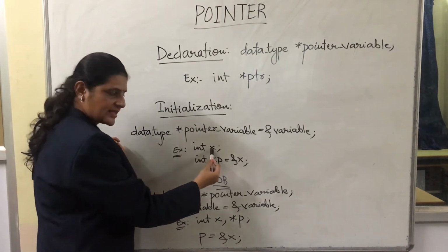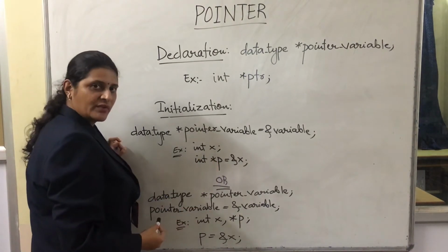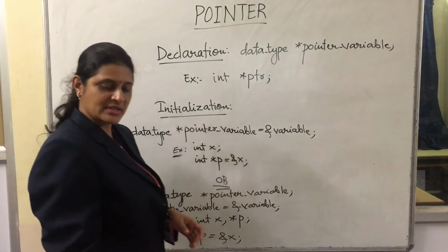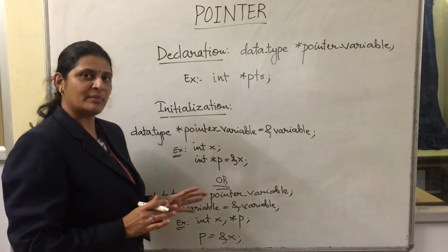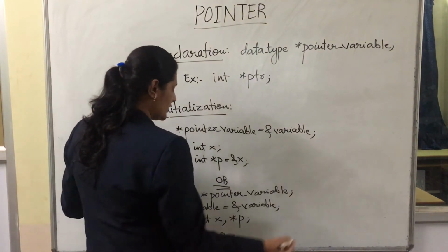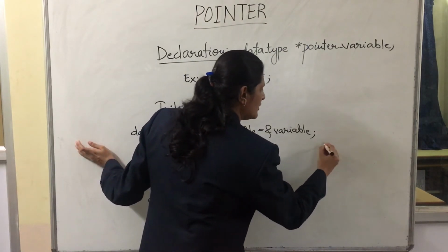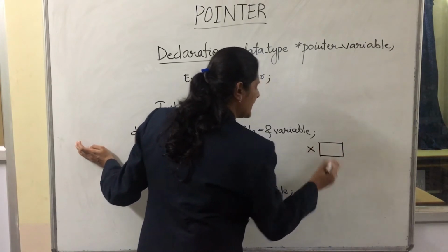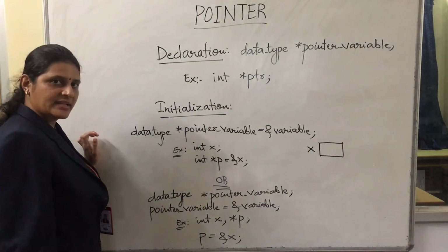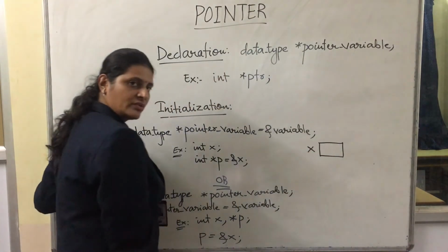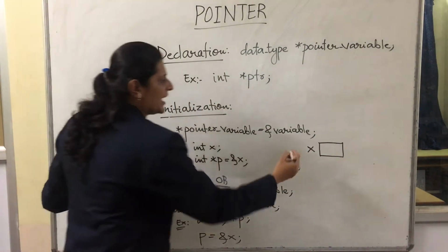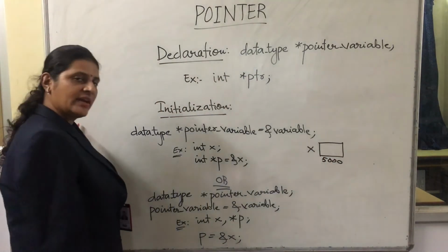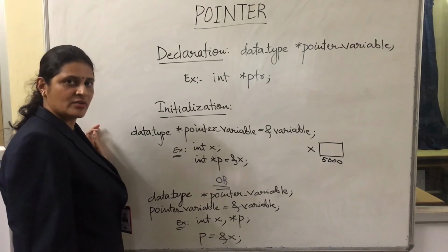One example we will have here. We have int x, which is a normal variable we have declared. Whenever we declare x, what happens inside the compiler? Some memory is allocated for x. I will just write it here. Say this is the memory allocated. The name given to it is x, and we don't know what value it has, as we have not yet initialized it. And we have some address for this. Suppose the address for x is 5000.